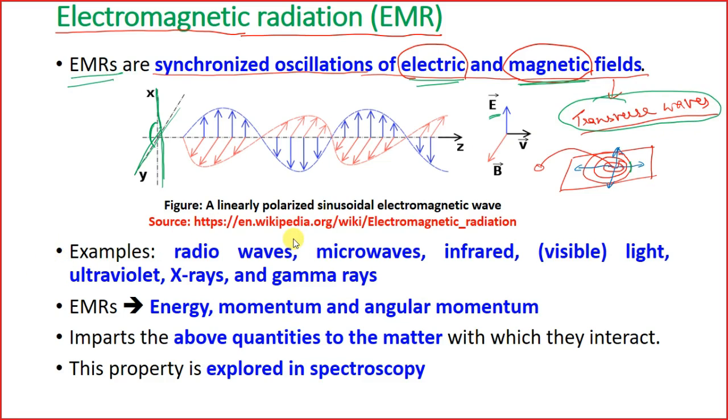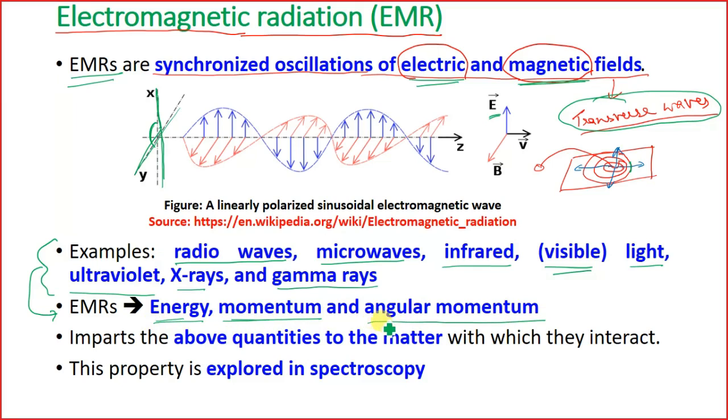Now, examples of electromagnetic radiations include radio waves, microwaves, infrared waves, visible light, ultraviolet rays, X-rays and gamma rays. One of the important properties of each of these electromagnetic radiations is that they have three types of energy components. Okay, so they have their internal energy component, they have momentum when they are moving, and they have angular momentum. Okay,